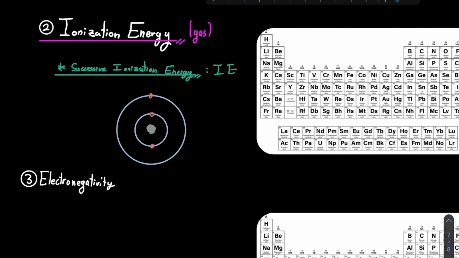Now, to remove this electron, let's say that the energy IE1 is 1 because it's the first one. Now, to remove this electron, let's say that the energy is IE2. But then what happens with ionization energy is that electrons that are removed